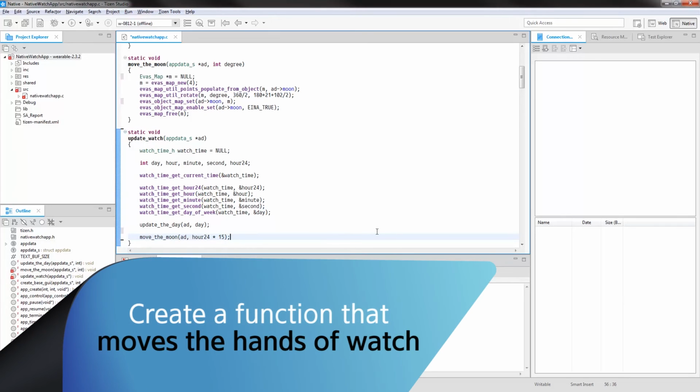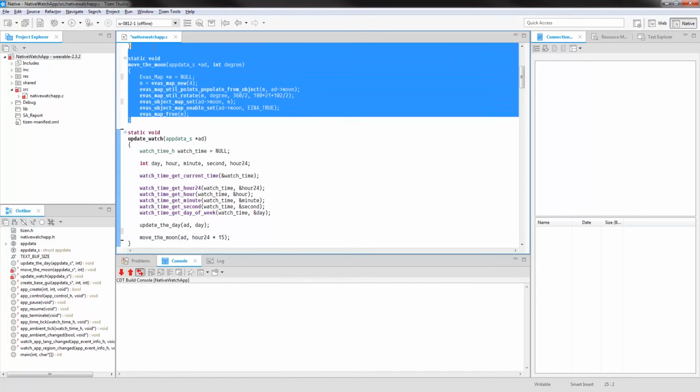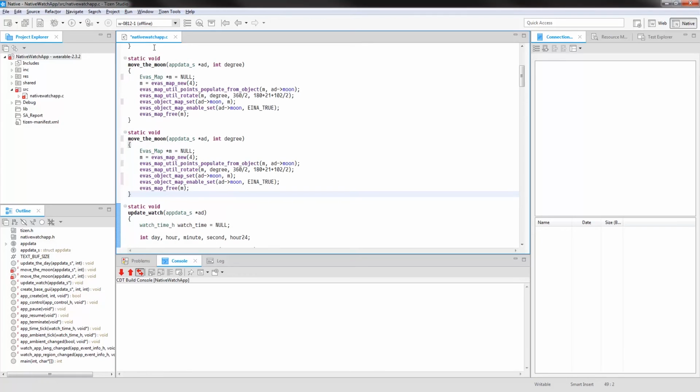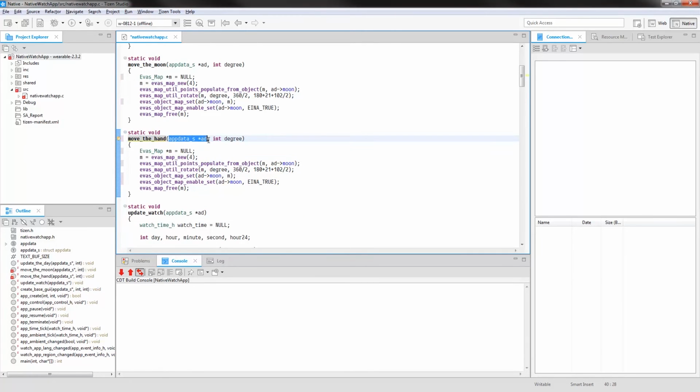Now it's time to move the watch hands. This is basically the skeleton of the move the moon function, so I'll go ahead and duplicate that right here. Now instead of move the moon, I'll call it move the hand. This will take in a hand object and the degrees for rotation as parameters. Instead of using the moon object, use the hand object parameter and set the rotation center positions to the center